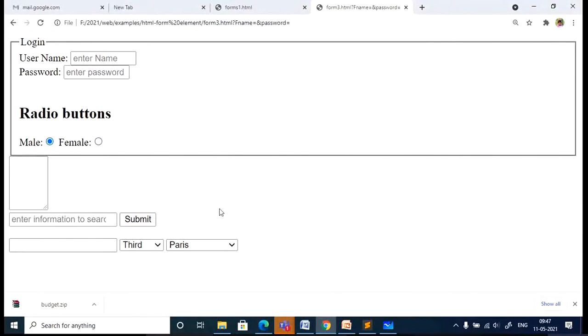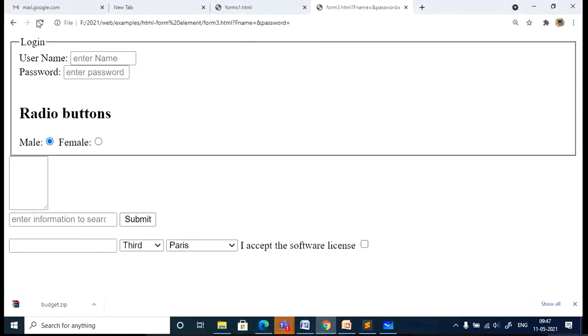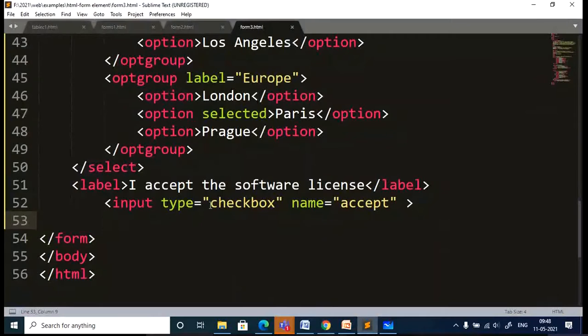Let me save the code and run it. Okay, so you are getting only one checkbox. I have written just one line of code to indicate the item. This is just a confirmation of whether you accept the license or not.